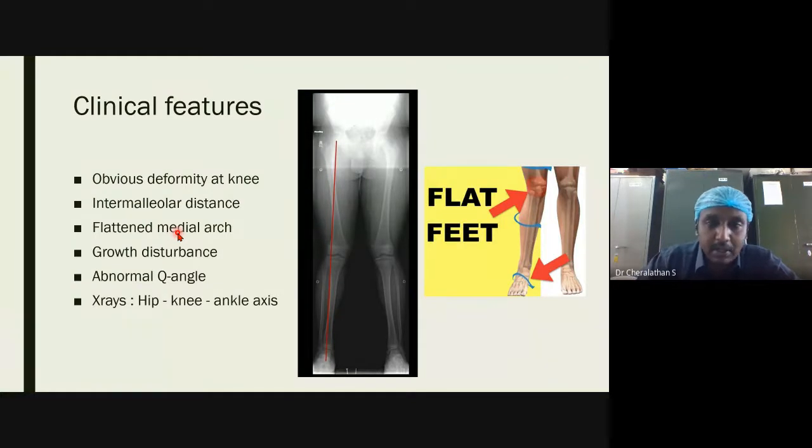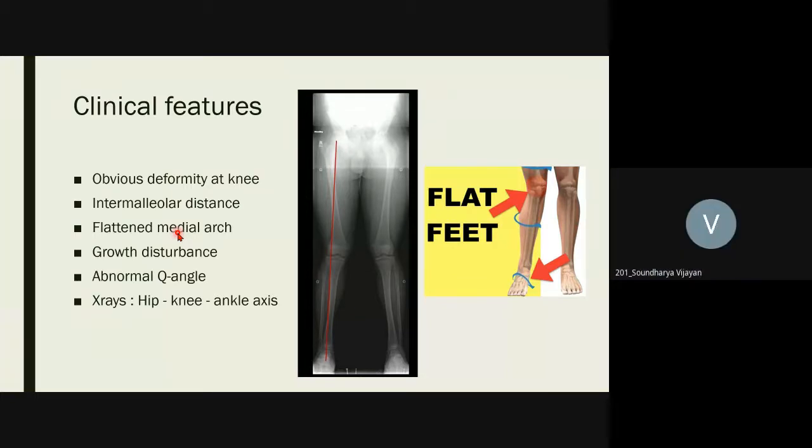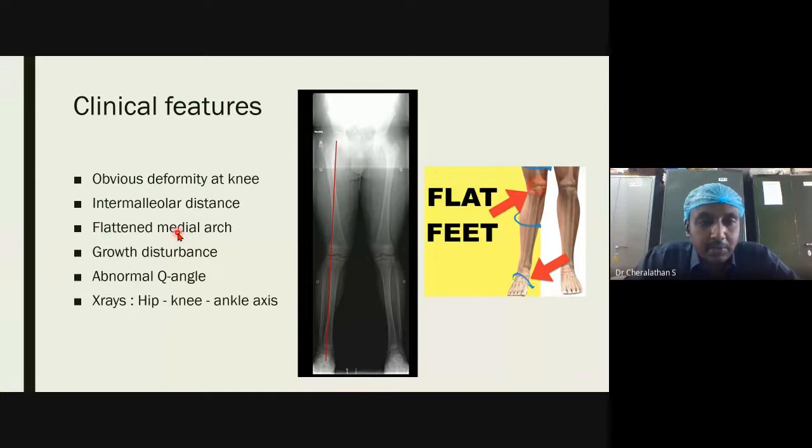Now this has to be explained clearly. This flat medial arch, what is the medical terminology for it? Anybody? Pes planus, sir. Very good, excellent. So we call it pes planus. If you check the child thoroughly, especially a girl child who wears dresses which cover the knee joint, the parents usually don't note the deformity at the knee joint, but they will say that this child has got flat foot.